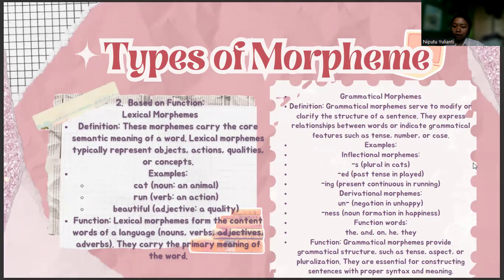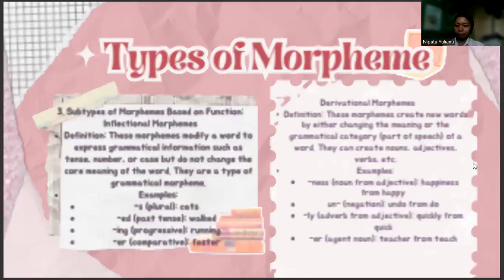For the function of grammatical morphemes, they provide grammatical structure such as tense, aspect, or pluralization. They are essential for constructing sentences with proper syntax and meaning. Next,